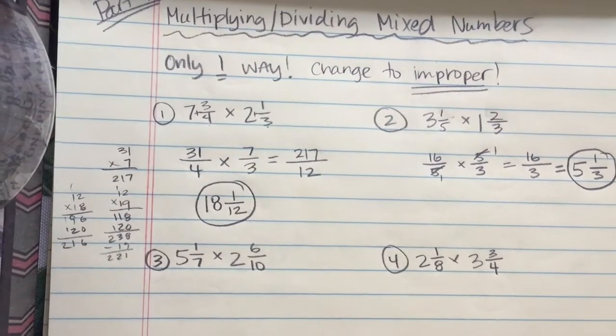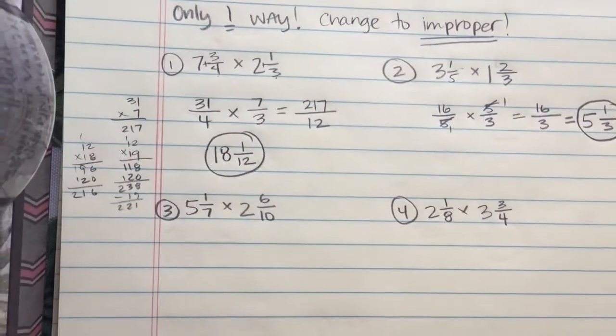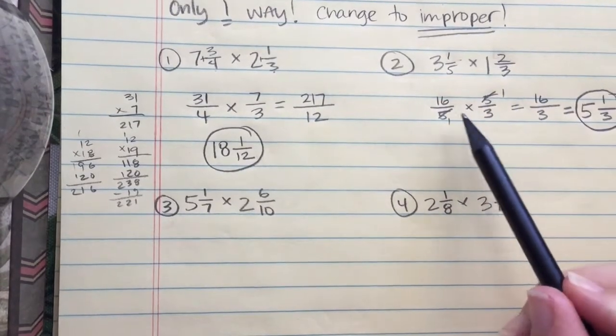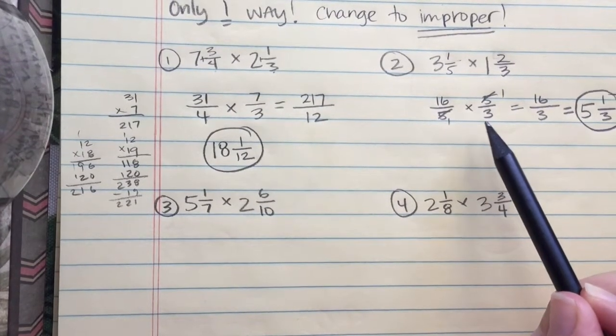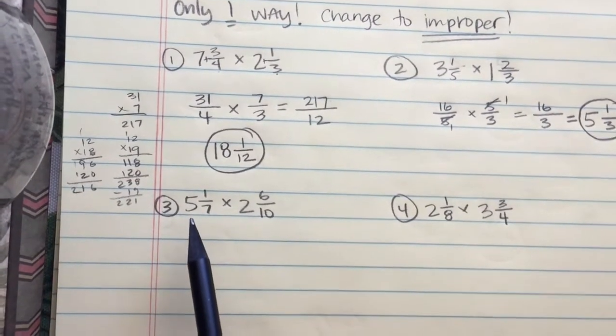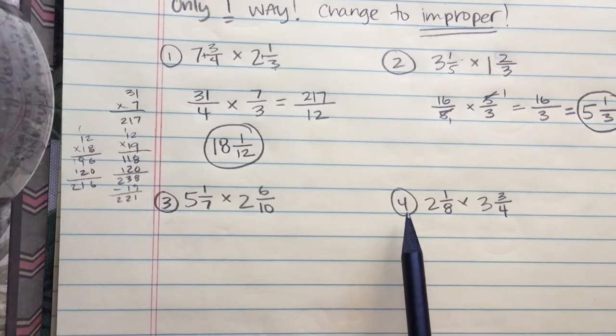Okay, I think it's pretty self-explanatory. Change your mixed numbers to improper fractions, see if you can do any cross-canceling, and then solve your multiplication. All right, go ahead and do numbers 3 and 4 on your own, and I will reveal the answers when